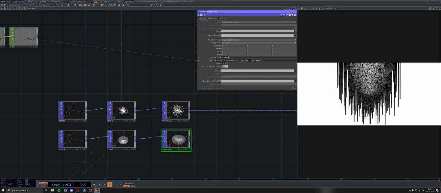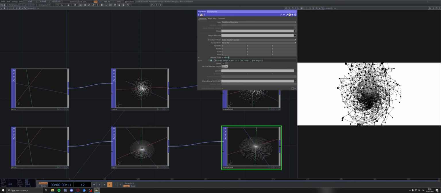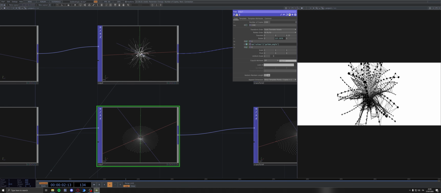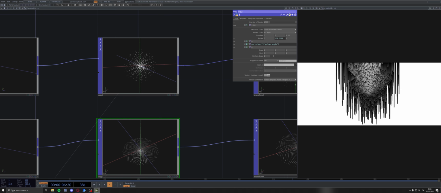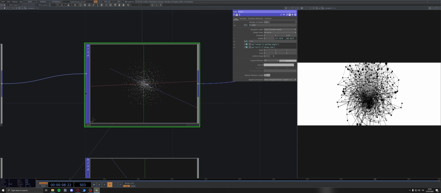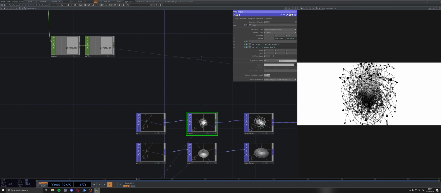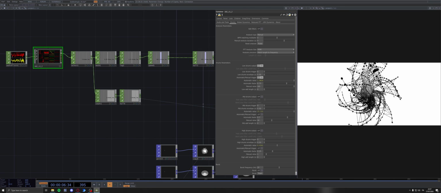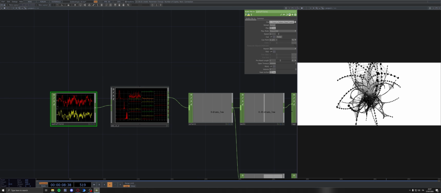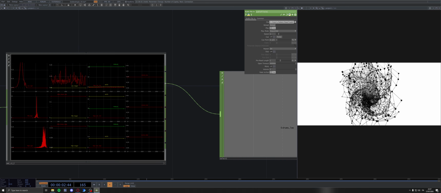Now, as to what is going on with the rest of the patch is actually surprisingly simple. This copy pop that we had over here, we have added a new value over to the rotation Z of this other copy pop over here. And this value is being generated by the ARV component by Sarv. So we have an audio track that you've listened at the very beginning of this video. We're only extracting the